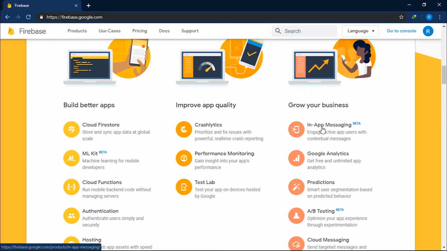Then the most important feature provided by Firebase is Google Analytics. Information is the key to gaining better user experience, better user engagement, and to know what the benefits and disadvantages of the application are. Google Analytics provides you reporting and logging services for custom-built events as well as events that are generated by the user or by the system. For example, your app is crashing, your app has just started, your app has been uninstalled by the user, or for what duration of time, and what kind of user is actually using your app.